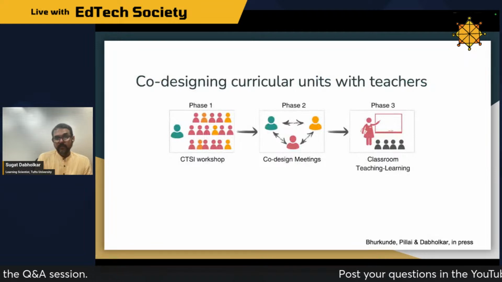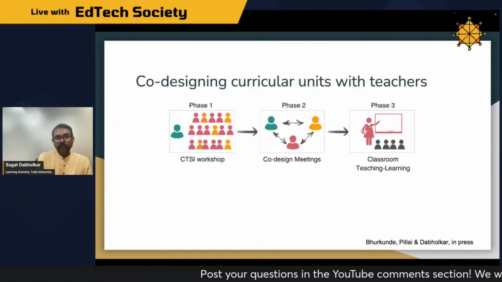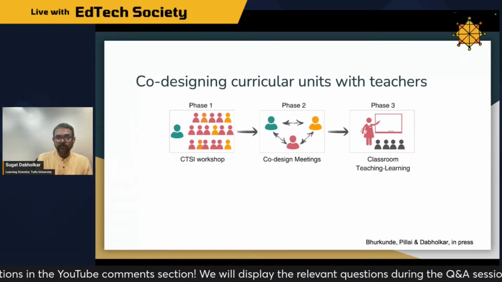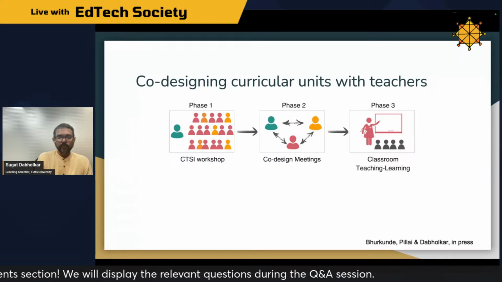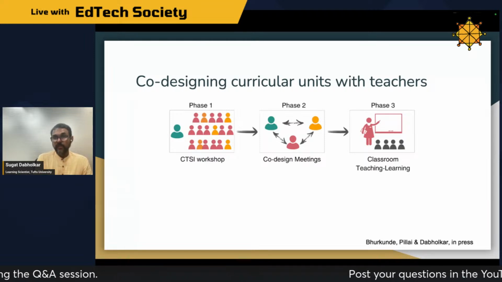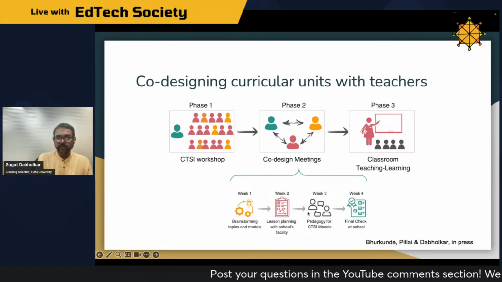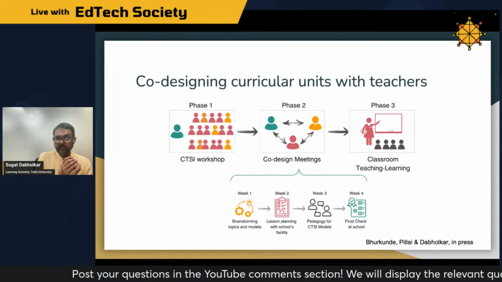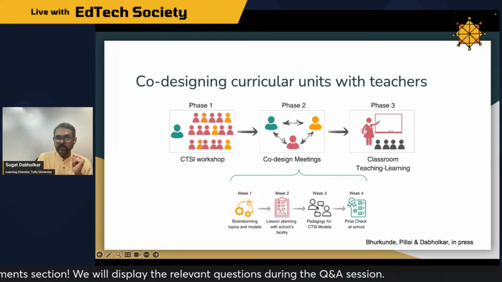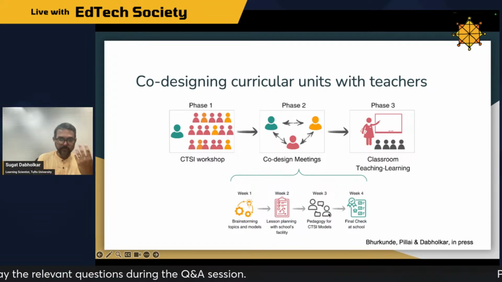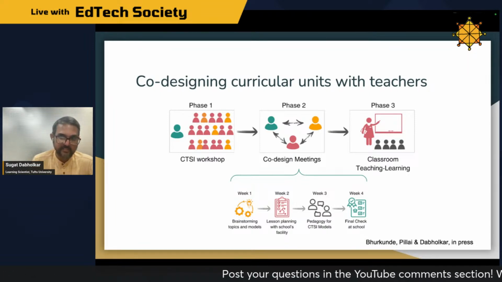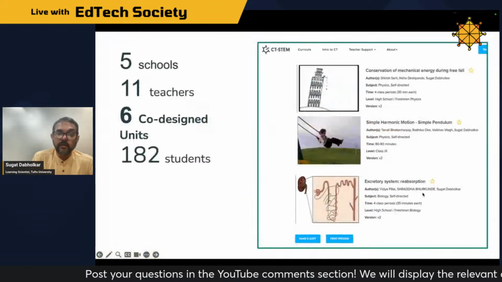To create such units with teachers, we conducted a 3-day workshop, and 10 teachers from 5 different schools worked with us in different co-design teams to create units. Those co-design meetings involved creating new NetLogo models that teachers would use in their classrooms, and then how they would teach using those models. So pedagogy: what activities students would do, and how teachers would support student participation, and so on. So we designed them,